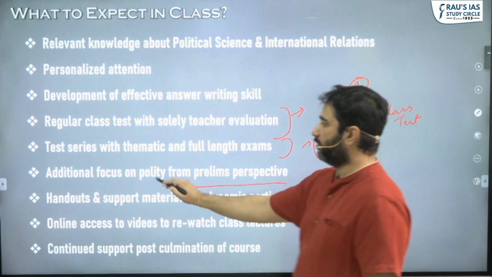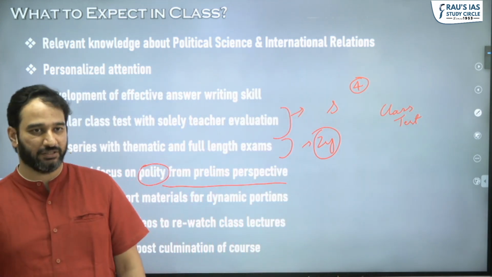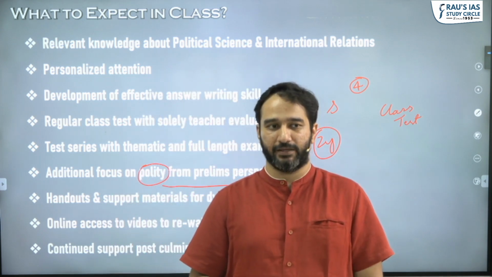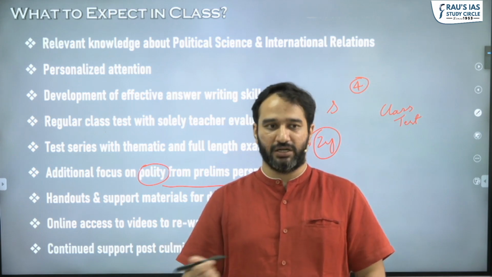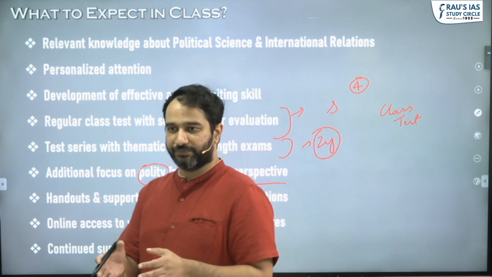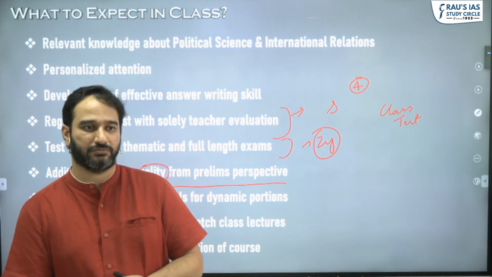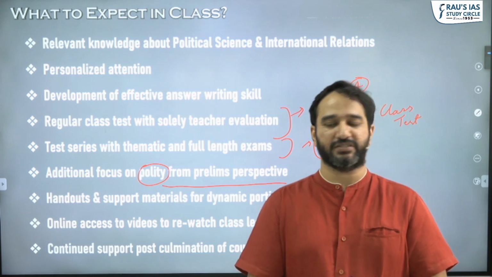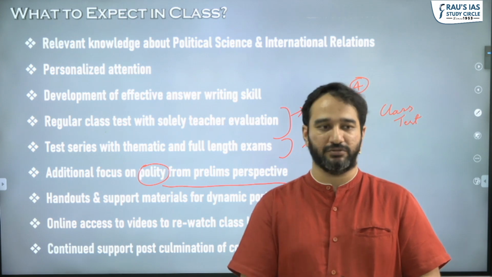Apart from this, we'll focus extra on polity. So this would happen, I've already said, end of December, start of January, when we'll do paper 1, section B. We'll discuss all the polity PYQs which we've done in GS. So if you're doing, let's say, union executive, do the questions of the prelims and mains and for PSIR, so that all the 3 topics can be done simultaneously, so that you don't have to take extra time out to prepare for your prelims examination.